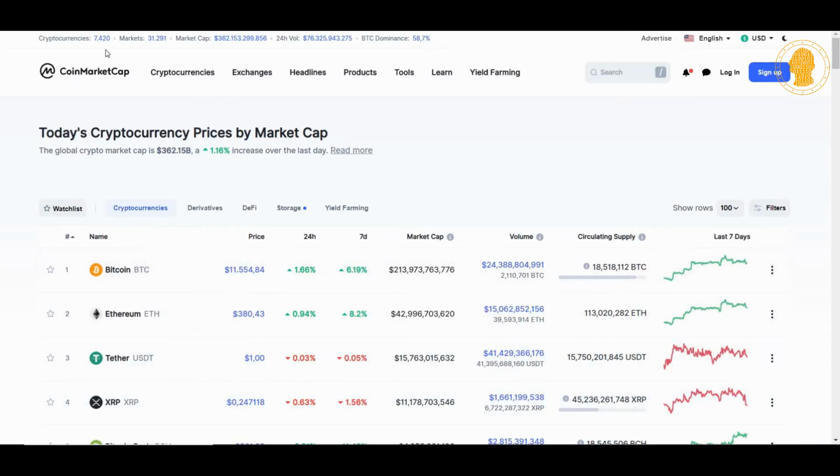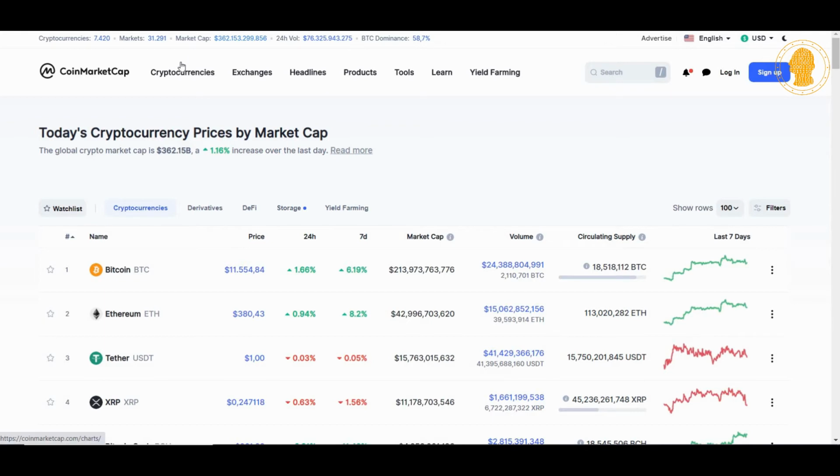Secondly, the website header. On the top bar, there is essential crypto industry data that helps you capture the big picture, such as total cryptocurrencies listed, total market capitalization, the total volume within 24 hours and Bitcoin dominance percentage over all other altcoins.